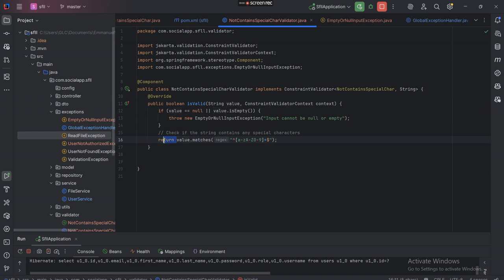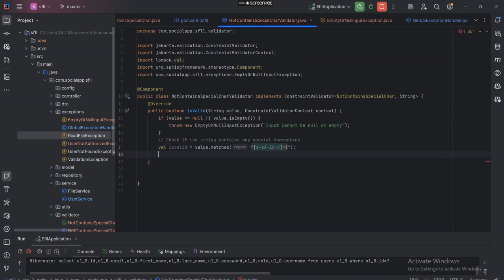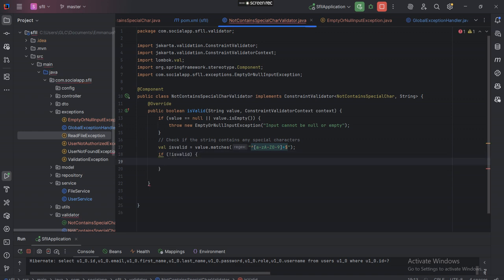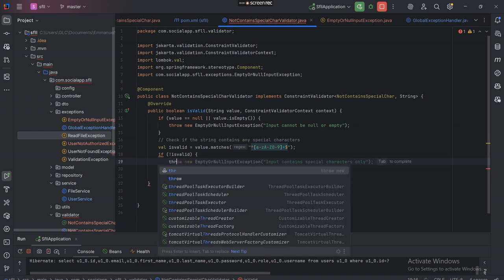Or we could simply create a boolean, right? We just create a bool. So we create a value is valid, right? And what this does is allow us to handle the exception properly. So we could return is valid. So we could just check if it's valid. So if it's not valid, then we want to throw